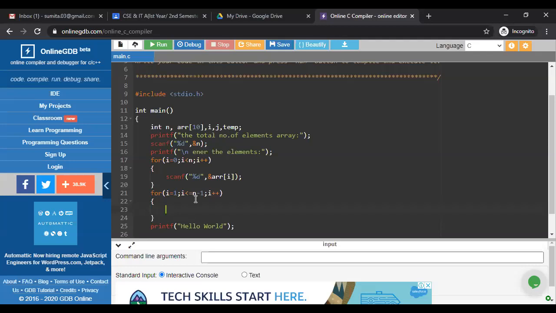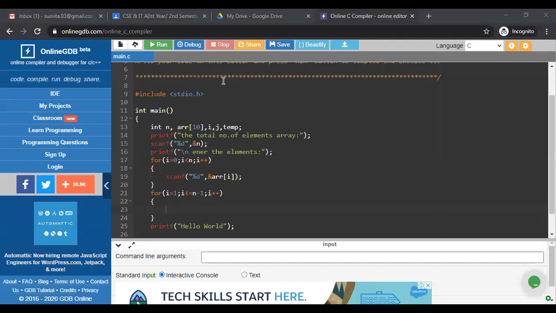Now, after writing, we know that we have to arrange n number of elements, so we have to arrange 7 elements. The 8th element is automatically arranged, whatever the order is. So for that reason, our outer loop is executed 7 times. When we start with i equal to 0, it will continue up to 6, because 0 to 6 is a total of 7 times our outer loop is executed.